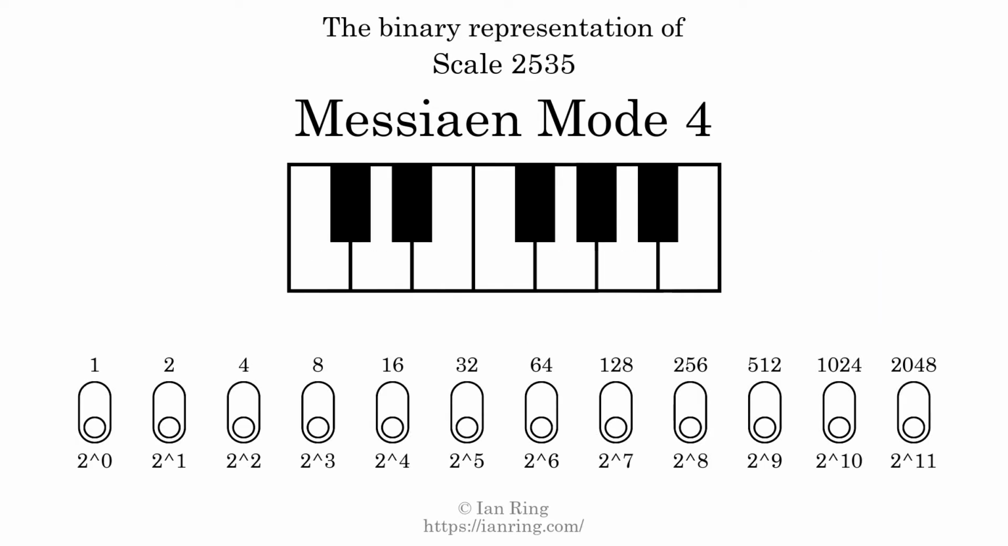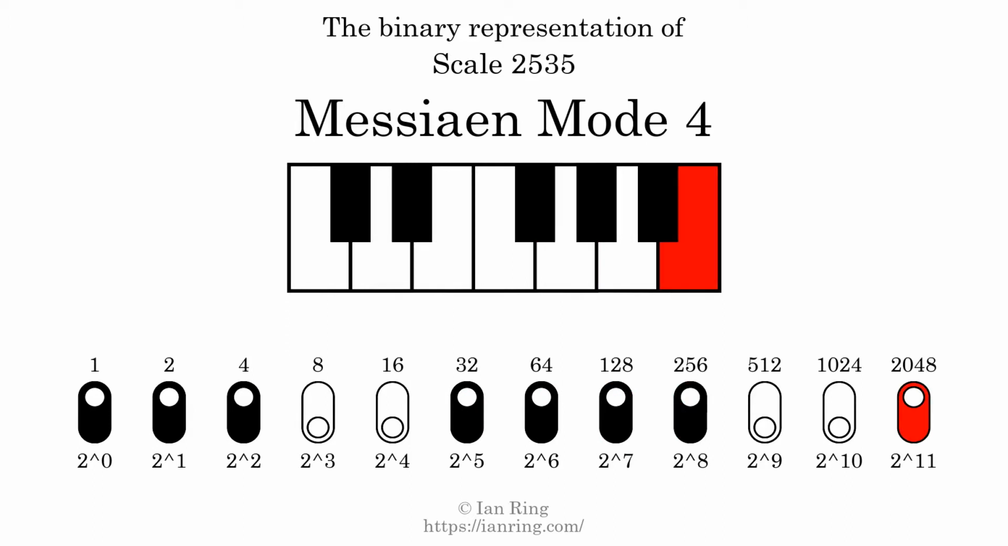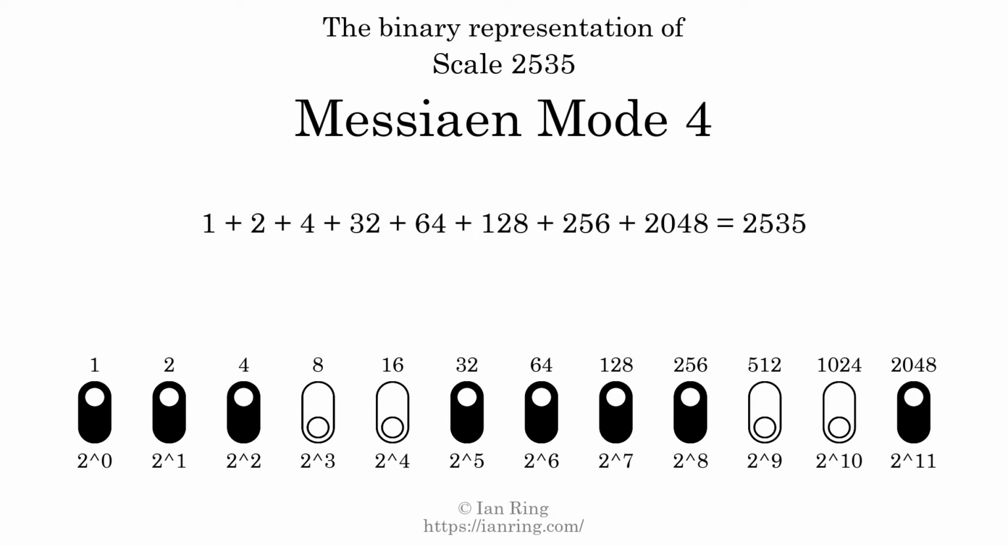The binary representation of this scale is determined by mapping tones of the scale to binary digits. Each binary digit represents a power of 2. To get the scale number, we add the powers of 2 together. The powers of 2 that are present in the scale, all added together, equals 2535. That is why the scale number, in decimal, is